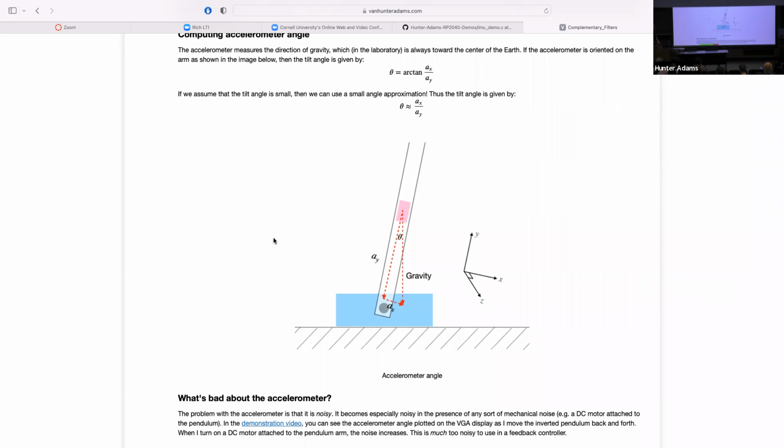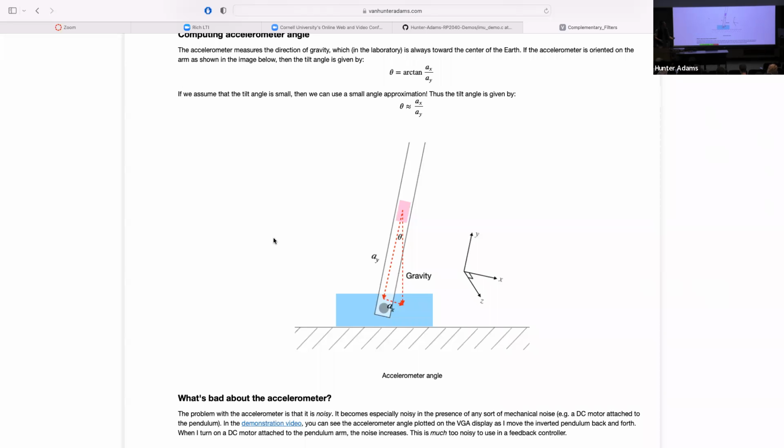Okay, so this is one of the inputs to the complementary filter: our estimate for the tilt angle as measured just from the outputs of the accelerometer. And as I've mentioned, this is nice in the sense that the error in our calculation of that angle tends to be unbiased.